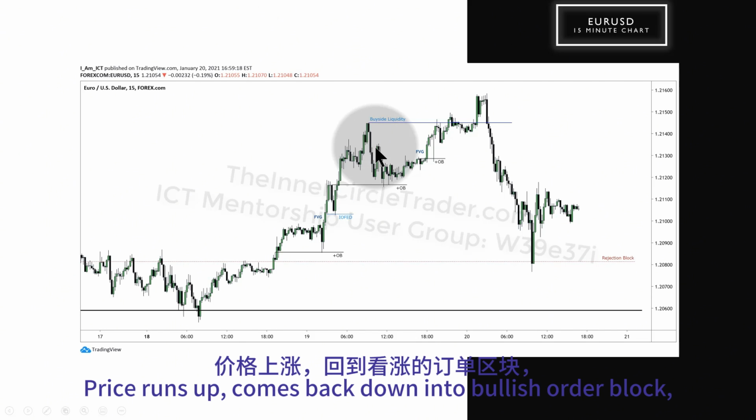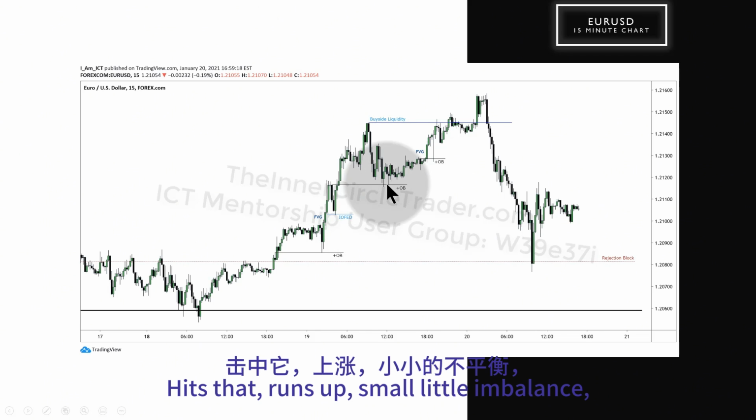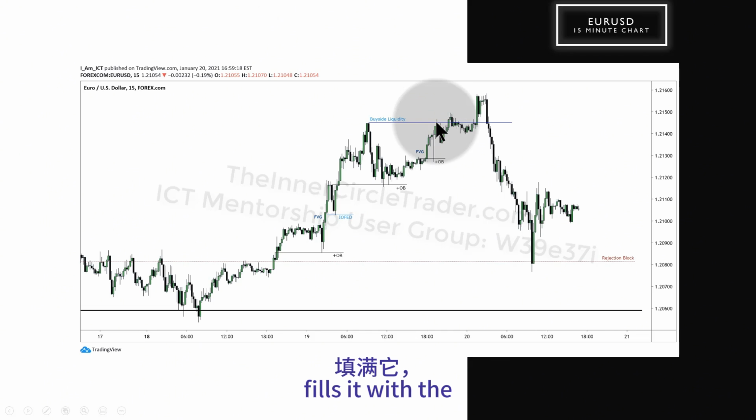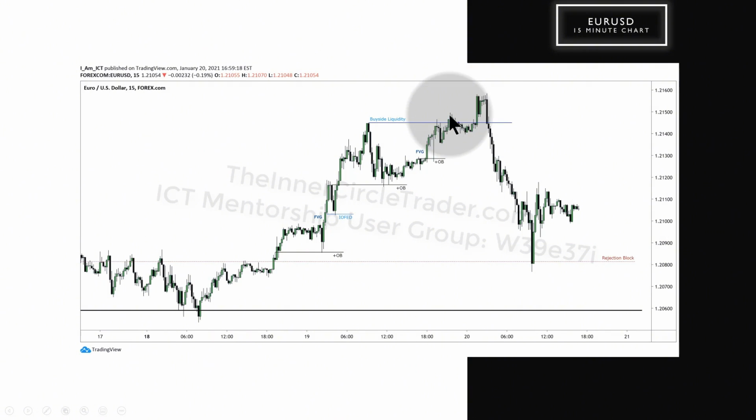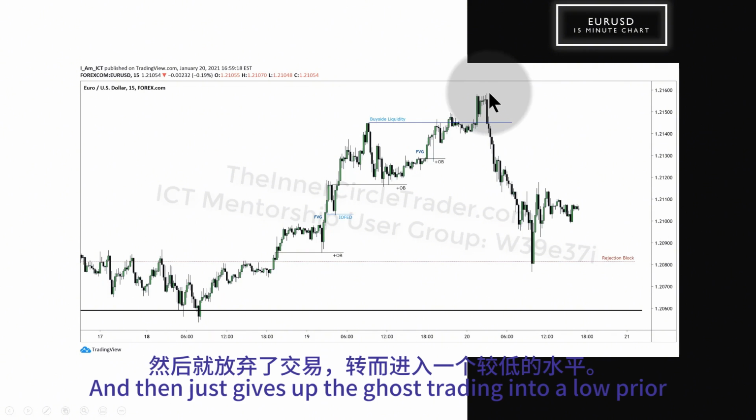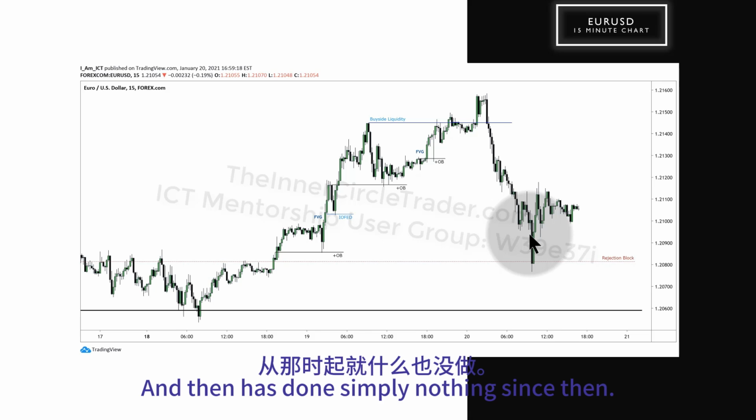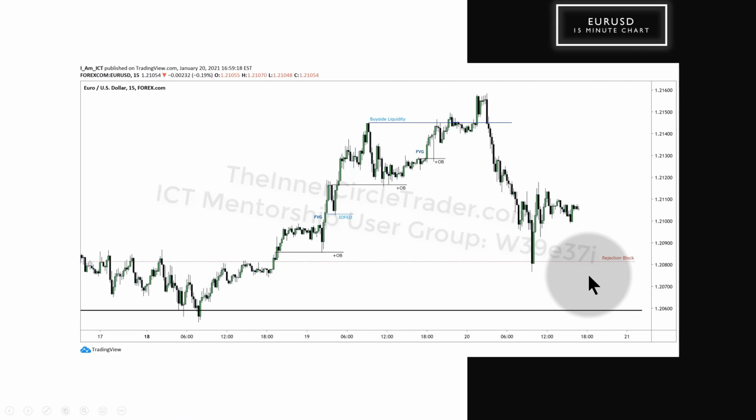Price runs up, comes back down into the bullish order block, two consecutive down close candles, hits that, runs up, small little imbalance, fills it with the order block, and then runs above. It runs just a shallow run above the highs it creates in here, and then just gives up the ghost, trading into a low prior to the inauguration today, and then has done simply nothing since then. So again, you can see the sensitivity at that rejection block. I don't know. Gun to my head,